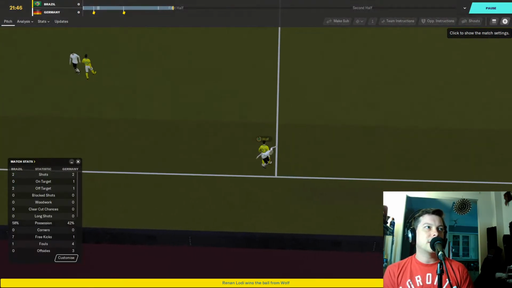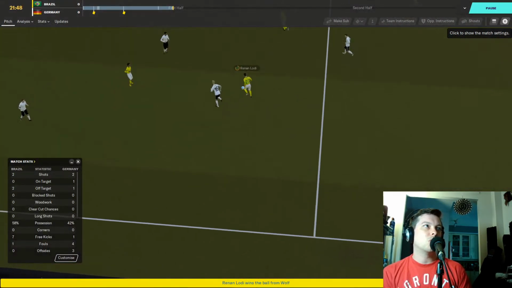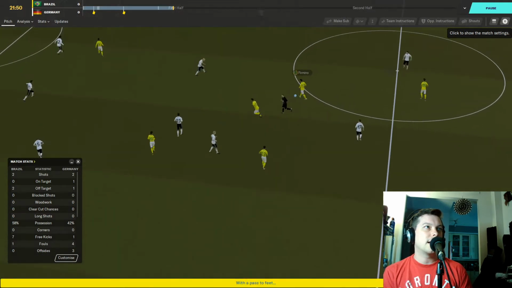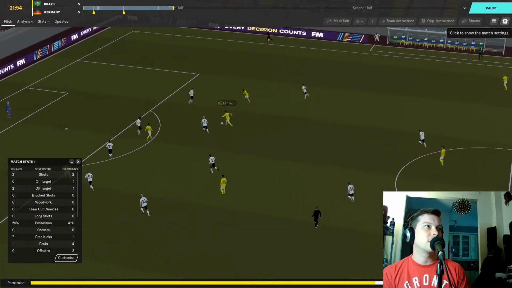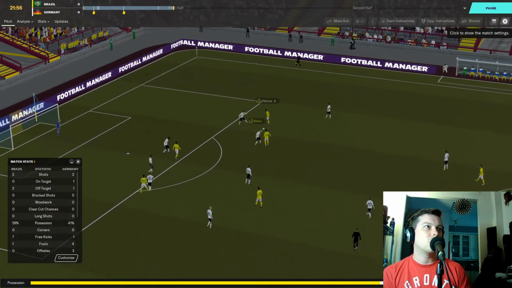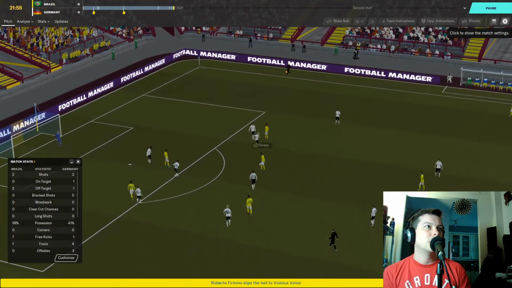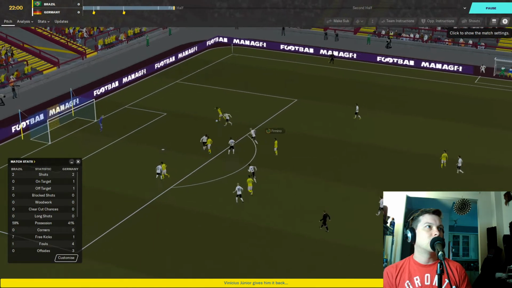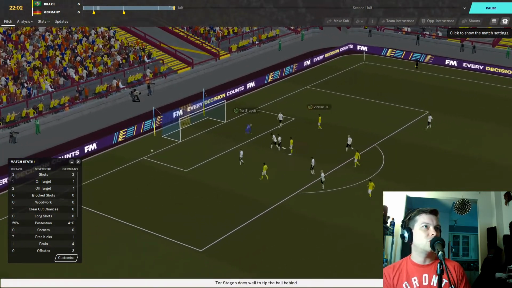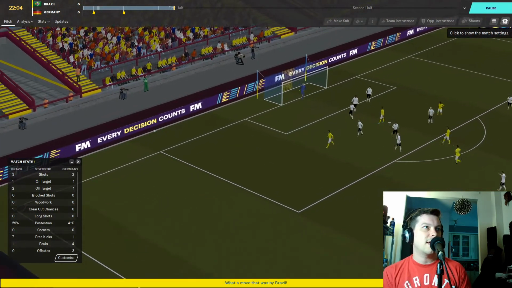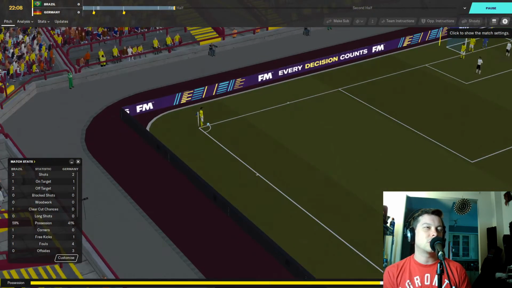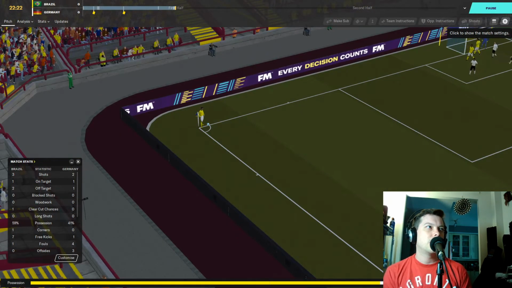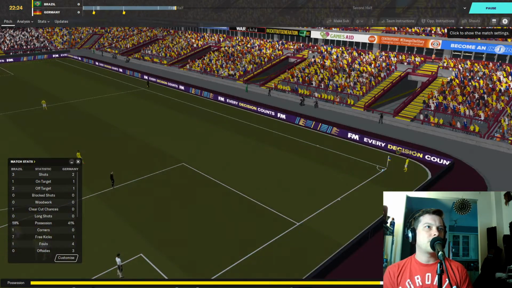Guilherme Arana now on the left-hand side. Beats a tackle from Marius Wolf. Still going, cutting inside to Roberto Firmino in the center. Firmino is going to try to run at the defense in the midfield here. Holds it up to Vinicius Jr. now. Into Firmino again. Through ball to Vinicius Jr. He's onside. He shoots. It's saved. And that is a corner kick for Brazil. Good chance there by Vinicius Jr. He stayed onside somehow. And we're stepping up for the corner.